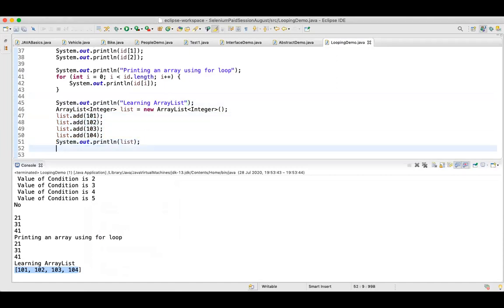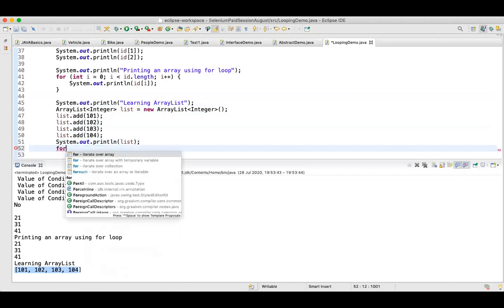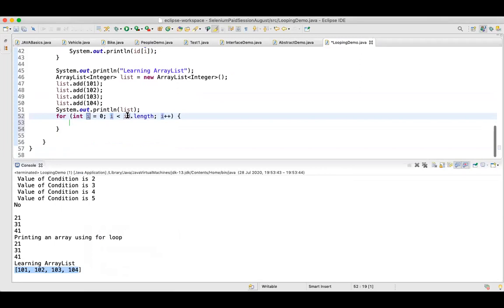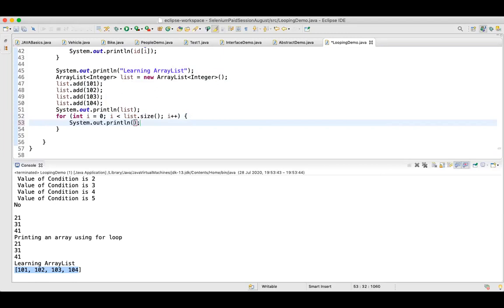If you want to print all the elements of your list, we can simply use a loop again. For a list, there is no method called length, there is a method called size. And you can simply print list of maybe i. For a list there is a method list.get, and you can specify the index.